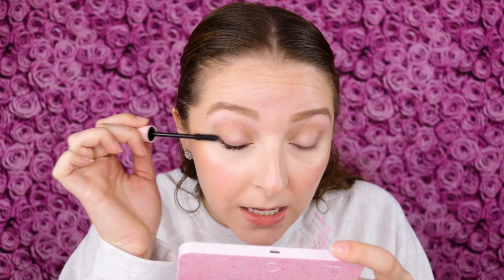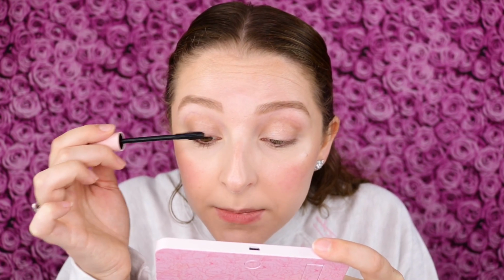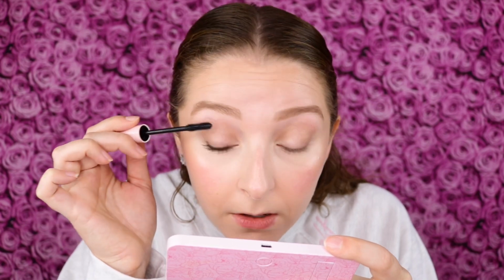I do see some good building up of volume, but still keeping the lashes separated and no clumping. Trying to tap the mascara onto the tips because that's the only thing that's not really impressing me, is that it does not seem to be lengthening. It doesn't really coat the entire lash. Trying to get it on the tips there, and it's a little difficult,